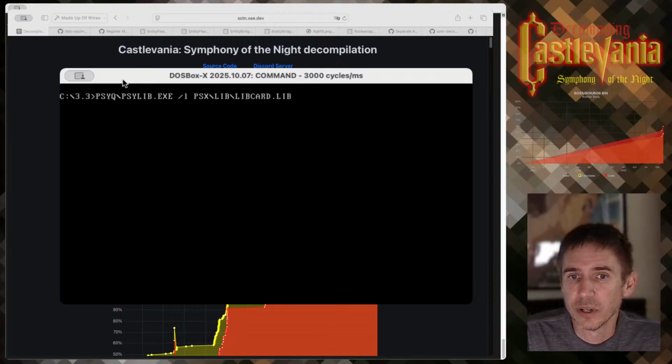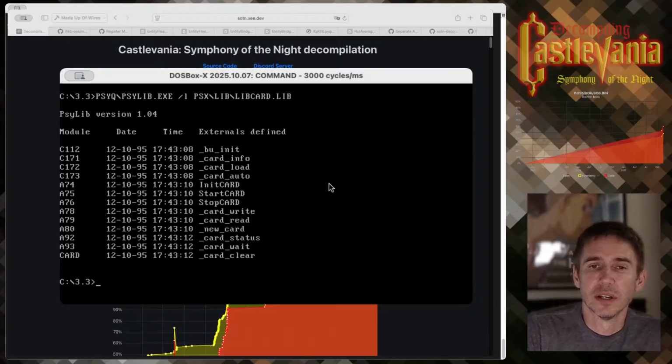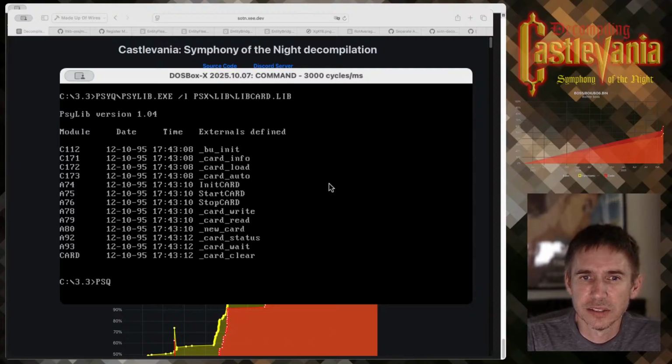And so scilib is one of them, and that lets you read lib files. And lib files are a collection of objects. Basically, they're just appended object files with some header information to tell you what was in there. And then there are object files as well, and you use a different program for that. SciQ dump obj, and that will let you